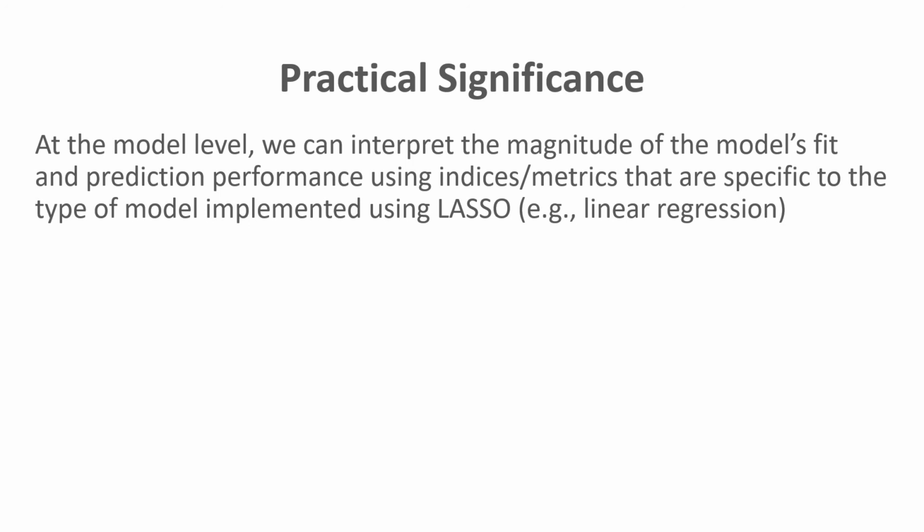And we can do so using metrics or indices, as I mentioned before, that are specific to the type of model that's implemented using lasso regression, such as if we're using linear regression, typically the metric that we're interested in in terms of tuning that lambda parameter is going to be to try to minimize the root mean squared residual, or